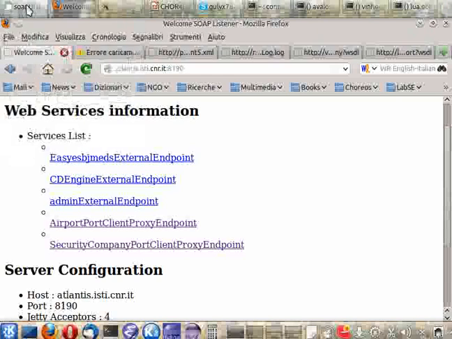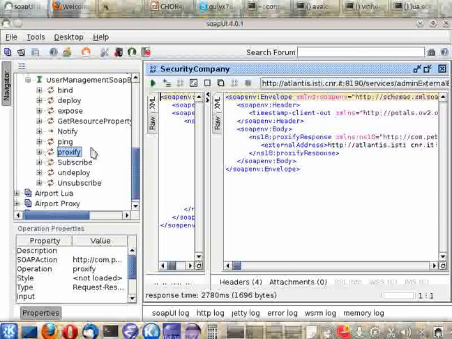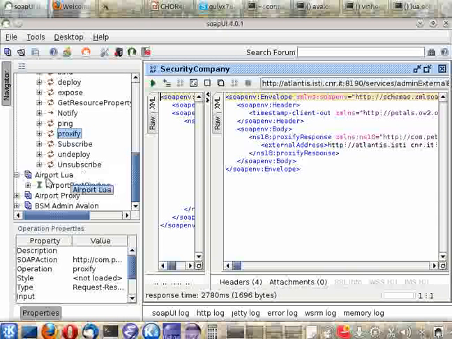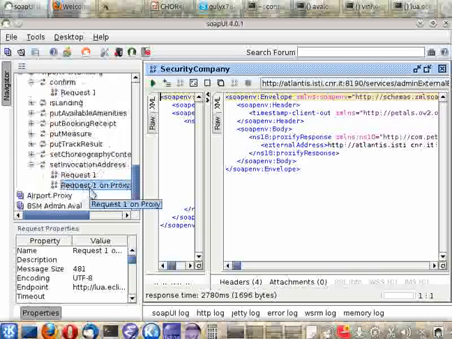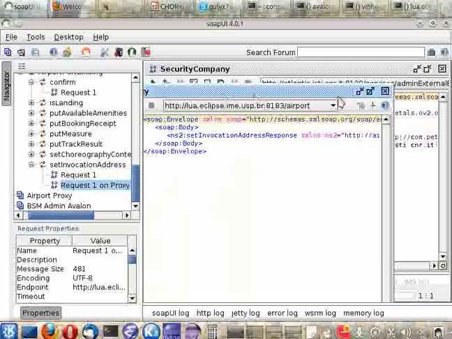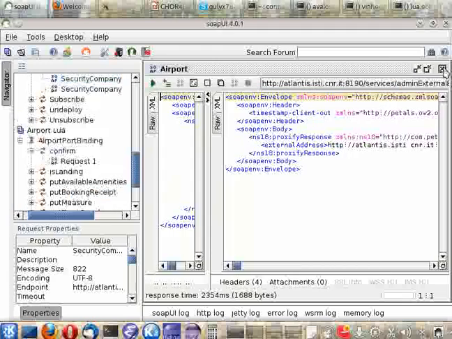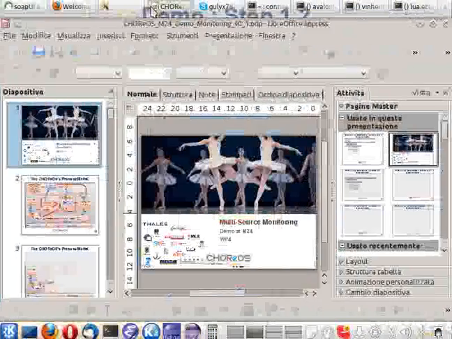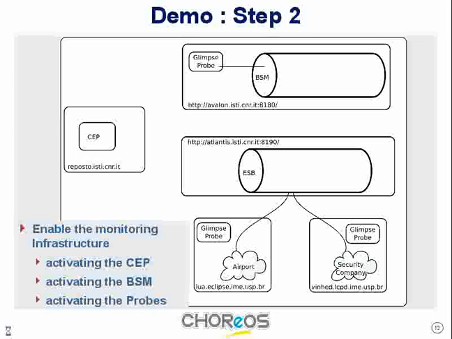Okay, as a last step, I should also configure properly those services. Let's go back to the presentation. Now, step number 2 is enabling the monitoring infrastructure.